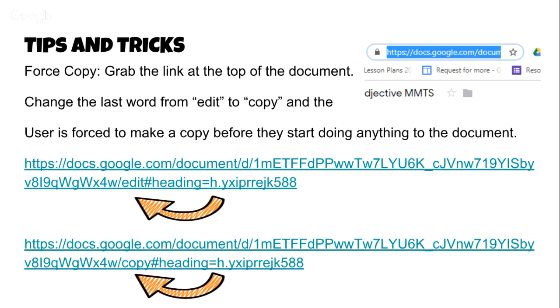When I'm doing that, and if I want students to do an activity on that Google Doc or Google Slide or Google Draw, one thing that's helpful is to force them to make a copy before they start doing anything in the document. Since I'm not sharing this activity with them through Google Classroom, which will automatically make a copy for each student, this kind of gives me a protection level on the document that I've created